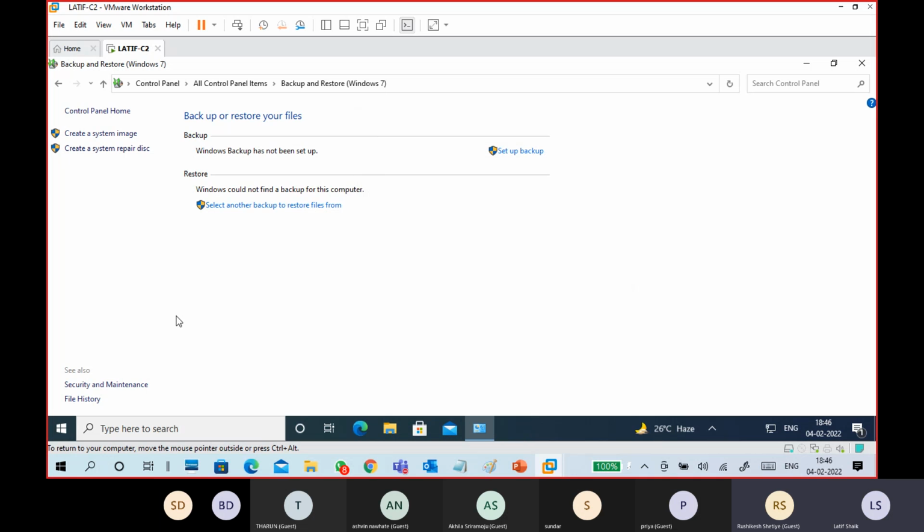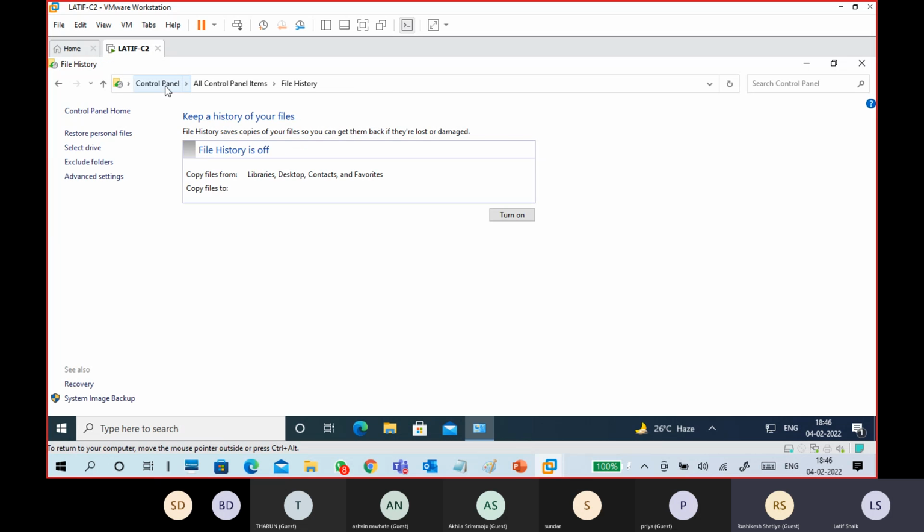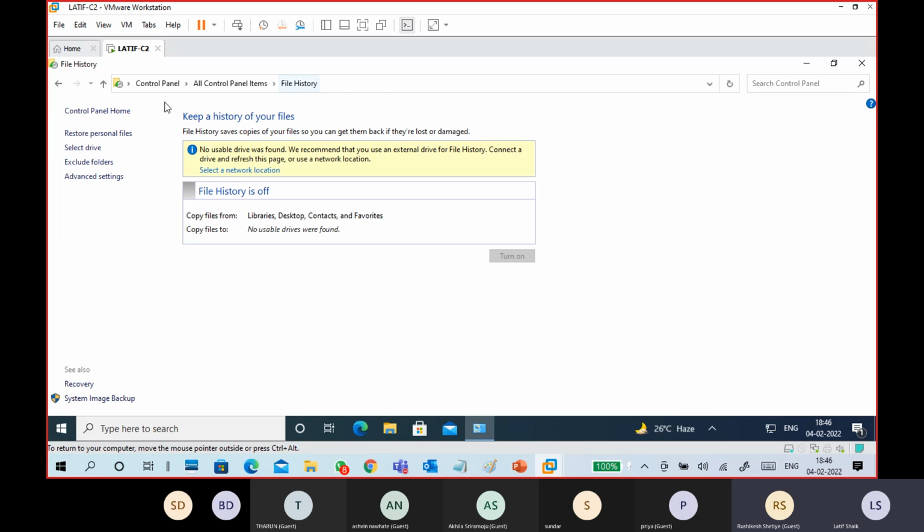Before I go on, I want to show you a few things. This is file history. You can go to the control panel and find file history. What is this file history? File history will save copies of your files so that you can get them back if they are lost or damaged. For example, I have data on my desktop, contacts, documents, pictures, my profile data. My profile data only I can store in a different location, like an external hard disk,